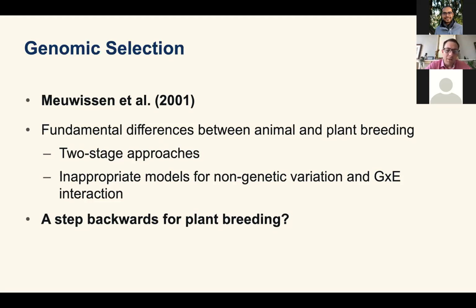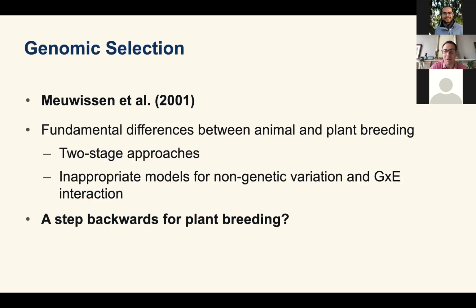Another thing that's become apparent is that when we hit genomic selection, everyone became more interested in main effects. There's always been an interest in main effects, but particularly in just the main effects, because they were saying we run just a GBLUP and we'll get these main effects. But in fact, there's no reason why you can't get all the effects that you want, interaction effects, etc. And so this is really why I say step backwards for plant breeding.